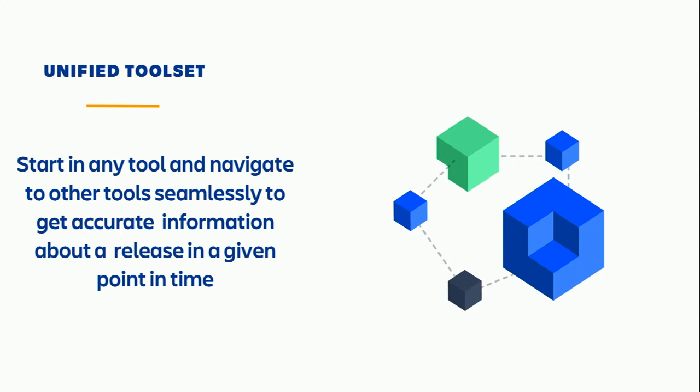Okay. And we also had another vision of having a unified tool set. So any member of a COE should be able to effortlessly get accurate and meaningful information, no matter which tool they are in. They could be in the project tracking tool, they could be in, let's say, a source code management system, but still they should be able to get accurate information of what's actually happening. So where the stories are, what status they are in. You should be able to track your code changes, and you should also know when things are actually getting